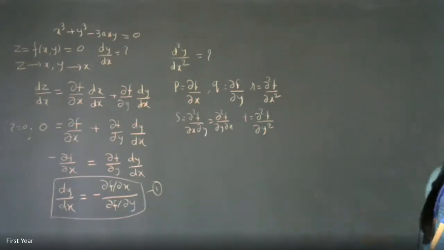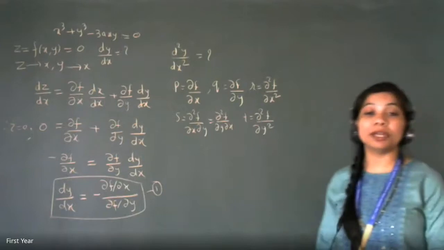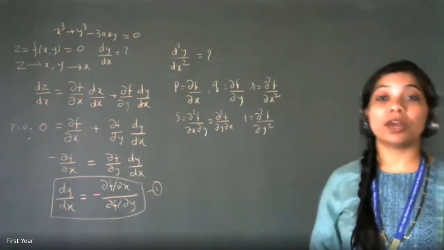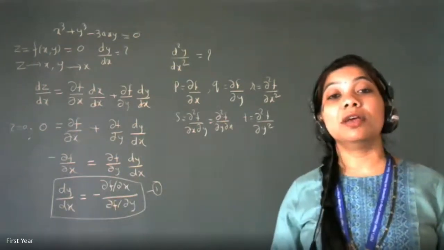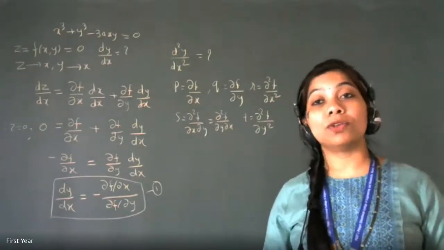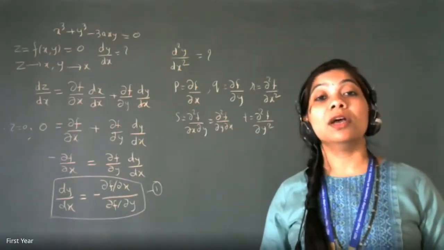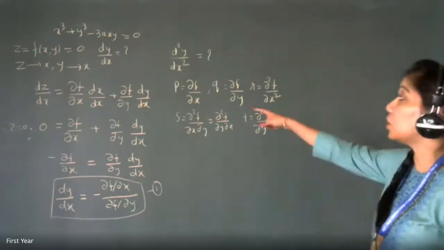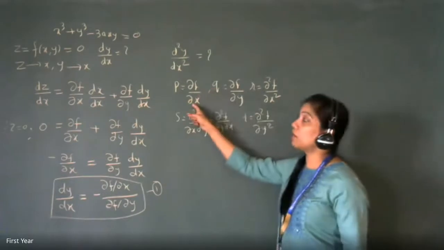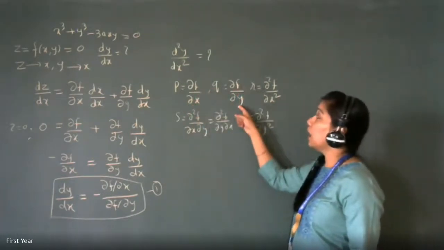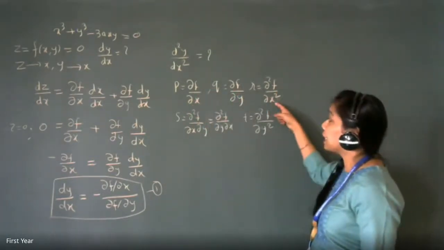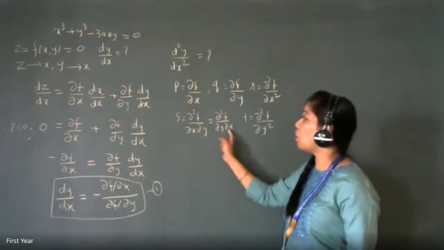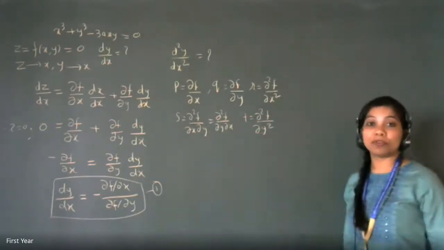This notation of the derivatives will be used in the next unit also for finding the maxima and minima of functions in two variables. We have done maxima and minima for functions in one variable, but now we are going to see, as an application of partial derivatives, maxima and minima of functions in two variables. That time we are going to use the same notation. p will be the first order derivative of f with respect to x, q will be f with respect to y, r will be xx, s will be xy or yx, and t will be yy.